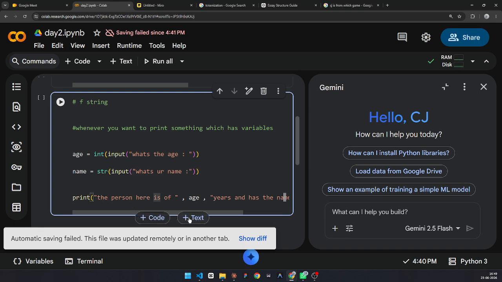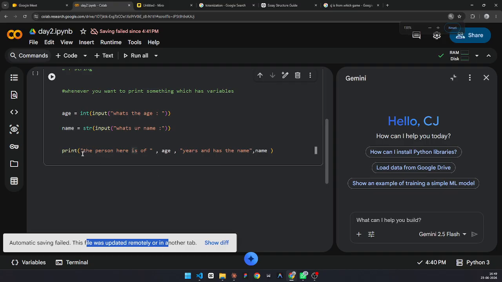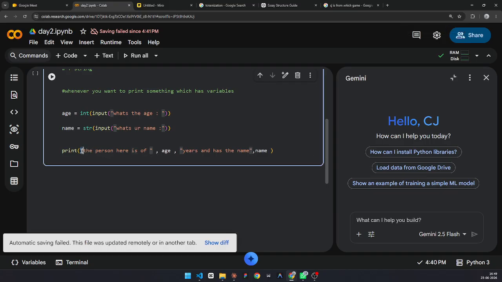In this kind of code you must keep a check of every comma, and the variable you have to mention separately.